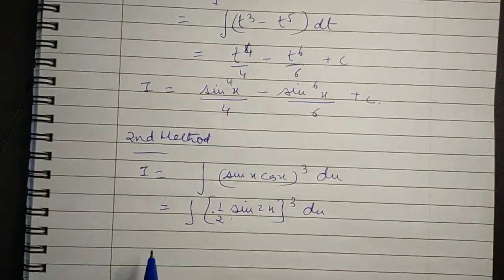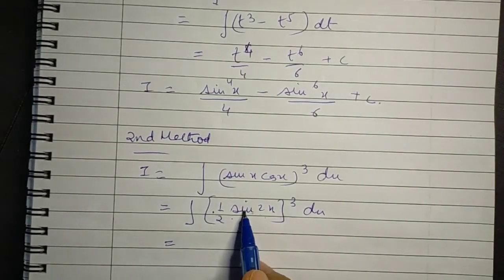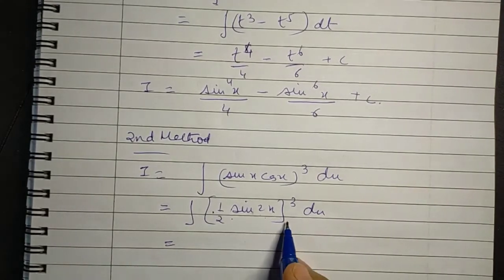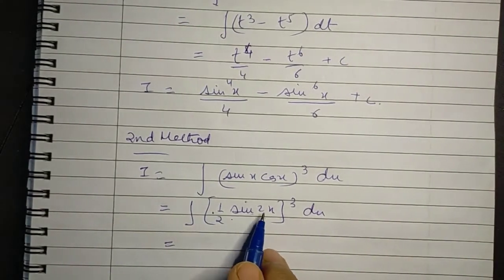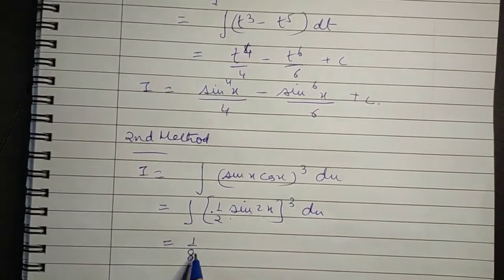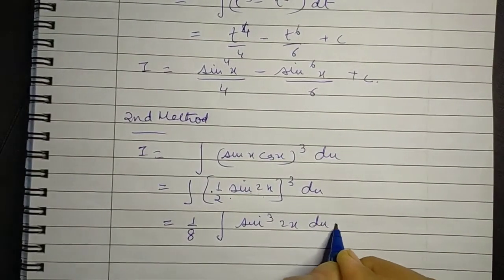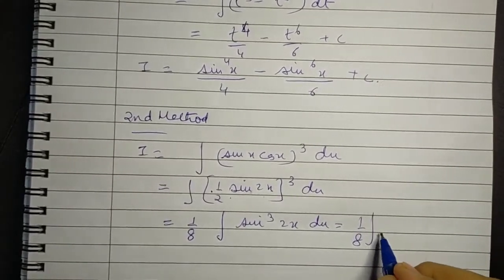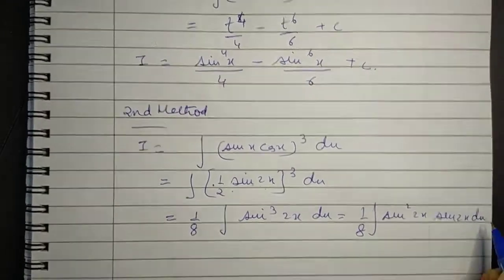So suppose I want to convert it, obviously we have seen in the previous question, when you convert cube of sine in terms of sine 3 of that angle, it is not very simple and straightforward. You have to remember that result. Okay, so here suppose I convert this to sine and cos. So what do I get? 1 upon 8 is already there, and I get here sine cube 2x dx, which can be written as sine squared 2x sine 2x dx.